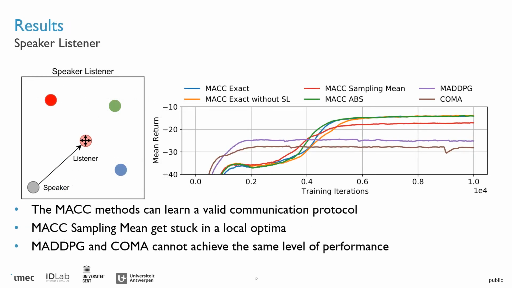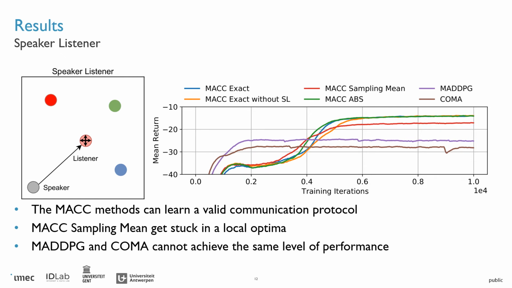The first scenario of the particle environment is the speaker-listener. In this scenario, the listener has to navigate towards the proper target landmark. However, the listener doesn't know which of the landmarks is the target landmark. This information is only available to the speaker. So the goal of this environment is that the speaker encodes this information into a message. This message will be sent towards the listener, and the listener will use this message to go towards the proper